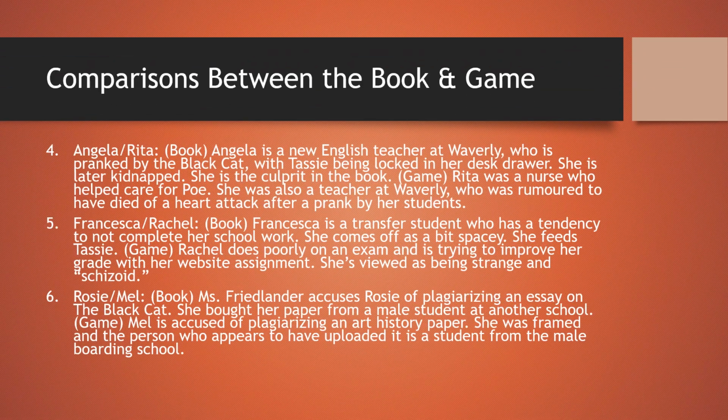So now we can look at the characters, and this is a really interesting comparison because we see a lot of overlap with multiple characters, so the setup is a little bit messier than in previous comparisons. But we're going to start with Angela and Rita. And Rita wasn't mentioned prior to this, but if you've played the game, you'll understand who she is, but I'll explain here too. So Angela, again, this is the new English teacher at Waverly in the book,